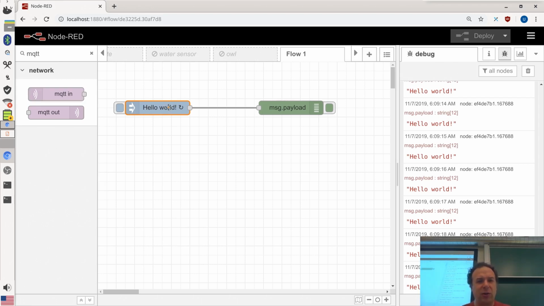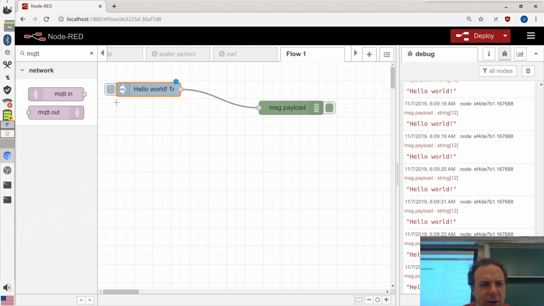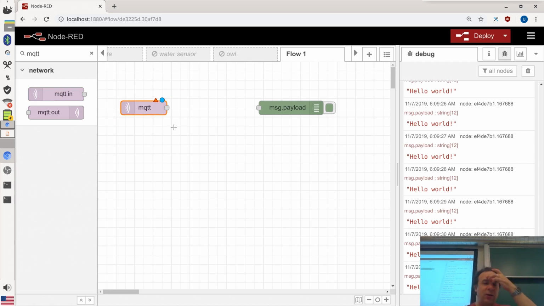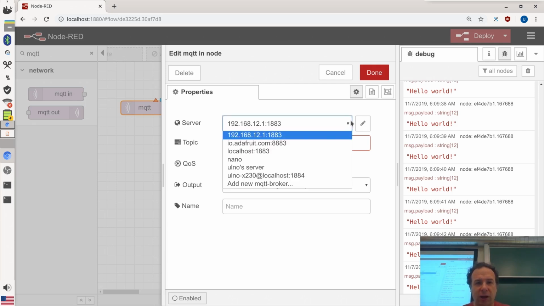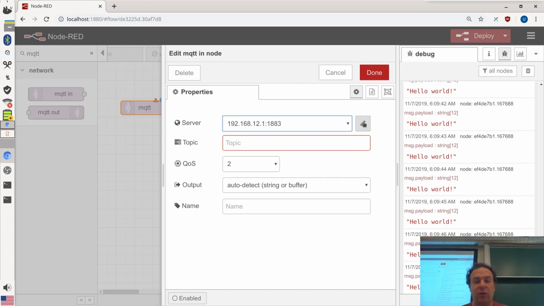Instead of the trigger, you can actually disable the trigger. No, I cannot, I just remove it. So we take an MQTT in instead. And you see, here's my Raspberry Pi server already in there, but I don't have my Raspberry Pi server. So we have to check which other servers I have, and there's one localhost. But you might have to configure a new server. So let's check